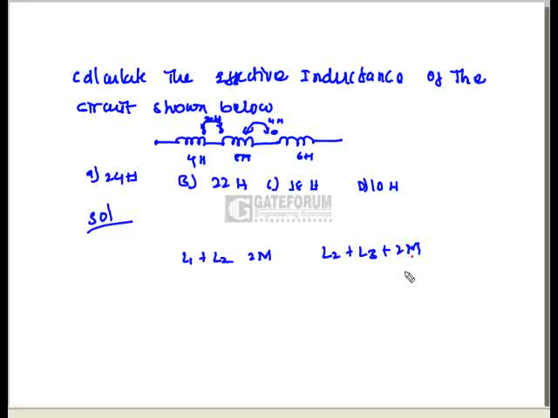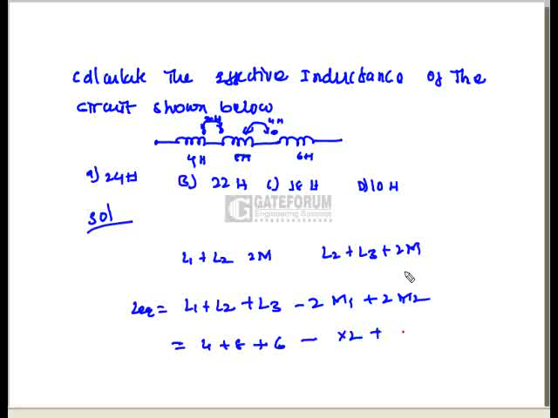Right, but here 3 inductances are given, so initially these three are in series. That's why L equivalent equals L1 plus L2 plus L3. And now you observe what the mutual inductance is. There is a mutual inductance between 1 and 2, but of opposing nature, so that's why minus 2 times the mutual inductance, let us take M1, and next plus 2 M2. If you substitute here, L1 is 4 and L2 is 8 and L3 is 6 and M1 is 2, so minus 2 times 2 plus 2 times M2, which is here 4. So if you solve this, you will get